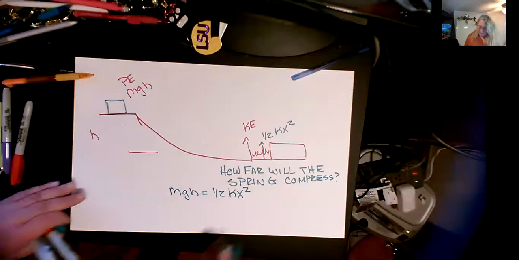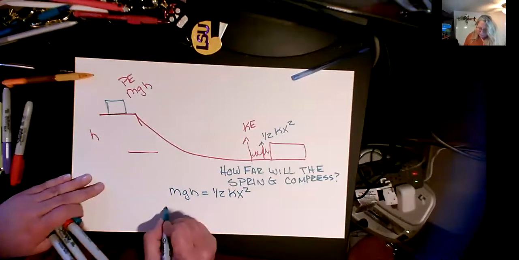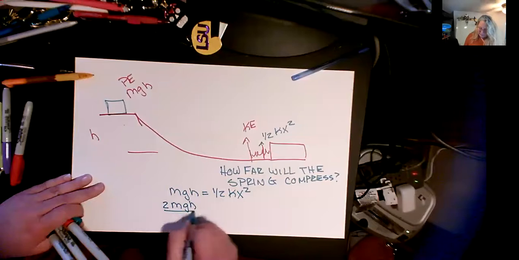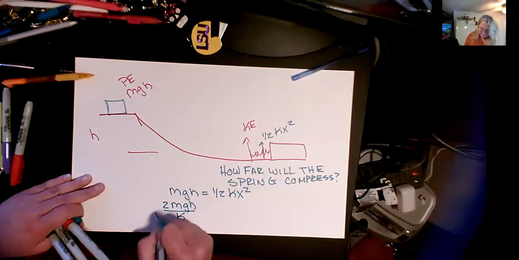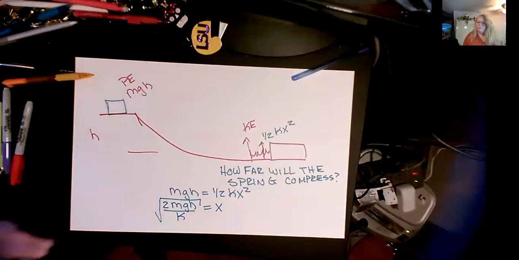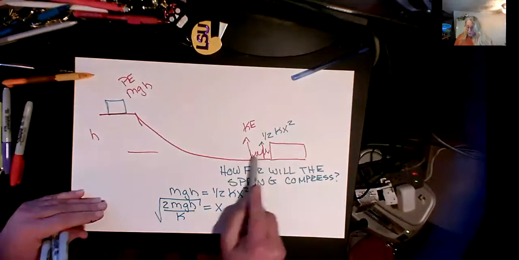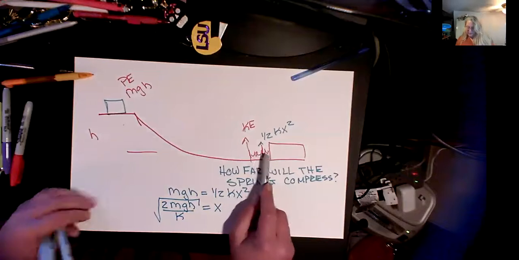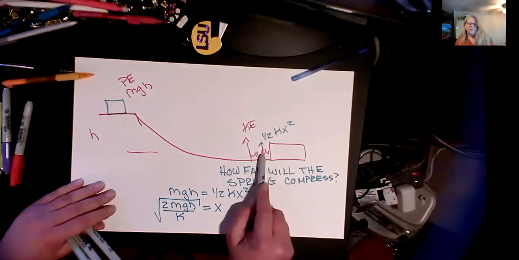Oh, look at that. So if I want to know how much it's going to compress, I'd have 2 mgh divided by the spring constant. Take the square root of all of that. That gives me how much it compresses. That's it. So for as afraid as everybody gets of springs, like they're this terrifying thing, there's nothing to worry